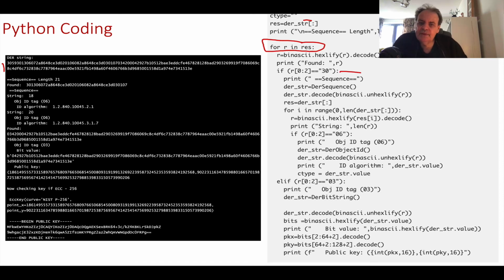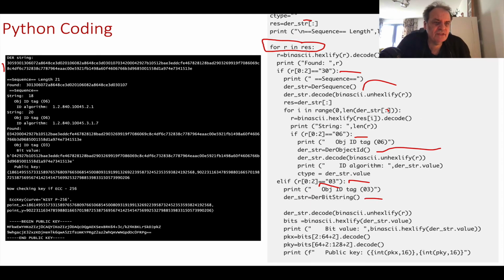Each time we look at the start, the first byte or the first 2 hex characters, and identify if it's a sequence or if it's an object identifier or if it's a bit stream. From that we can then pick off each of the tags and interpret them. In this case, this is our object identifier decoder. We have a sequence decoder, and we can also have a bit stream decoder here.